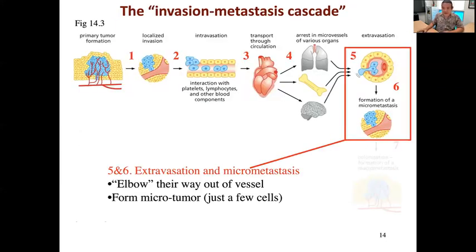Okay. So this process then, of wanting to squeeze out of the capillary because they're attracted to the basement membrane on the other side of the endothelial cells, we call this the opposite of intravasation. This is now extravasation, right? So they squeeze their way out and take up residence in their new stromal home. Presumably a stroma that is very normal, a well-behaved stroma.